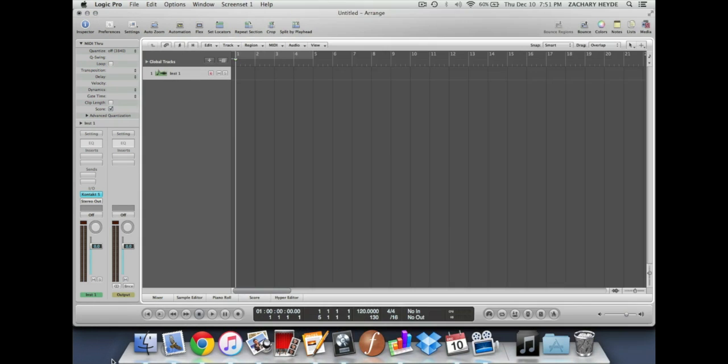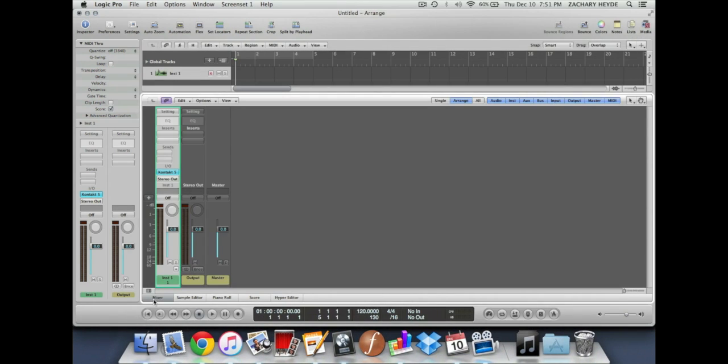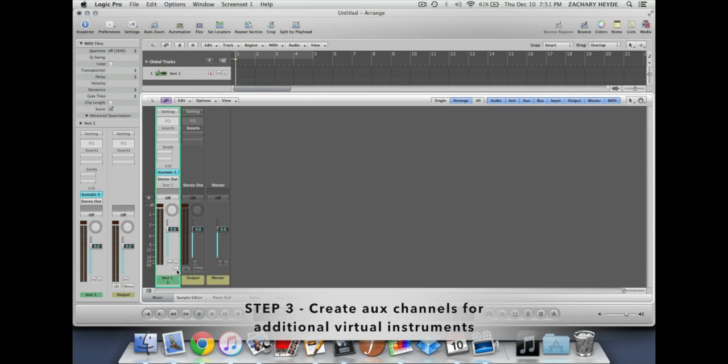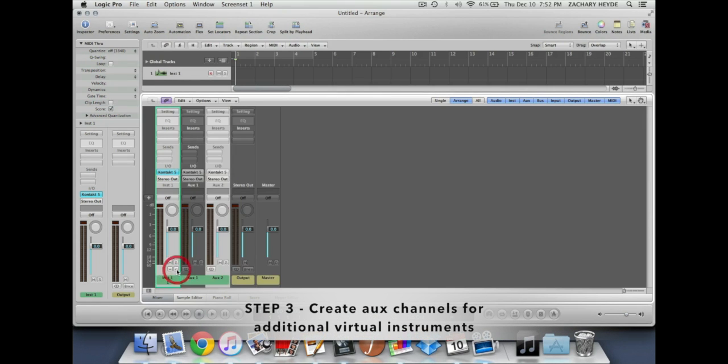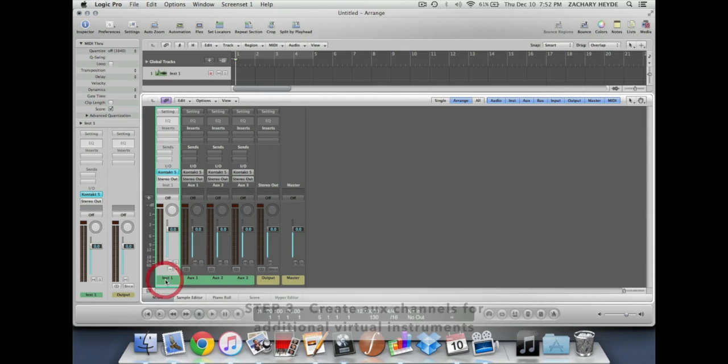Now what we're going to do, we're going to go in the mixer. Right now, this is the instance of Kontakt that we have running. You see here it's blue. When it's highlighted blue, that means this is the primary instance, and this is what we can double click on to edit it later. Here we've got a plus button. We're going to click that plus button for the amount of additional instruments we have. We have 4 instruments. So we're going to click 1, 2, 3, and now we have the first instrument, second,